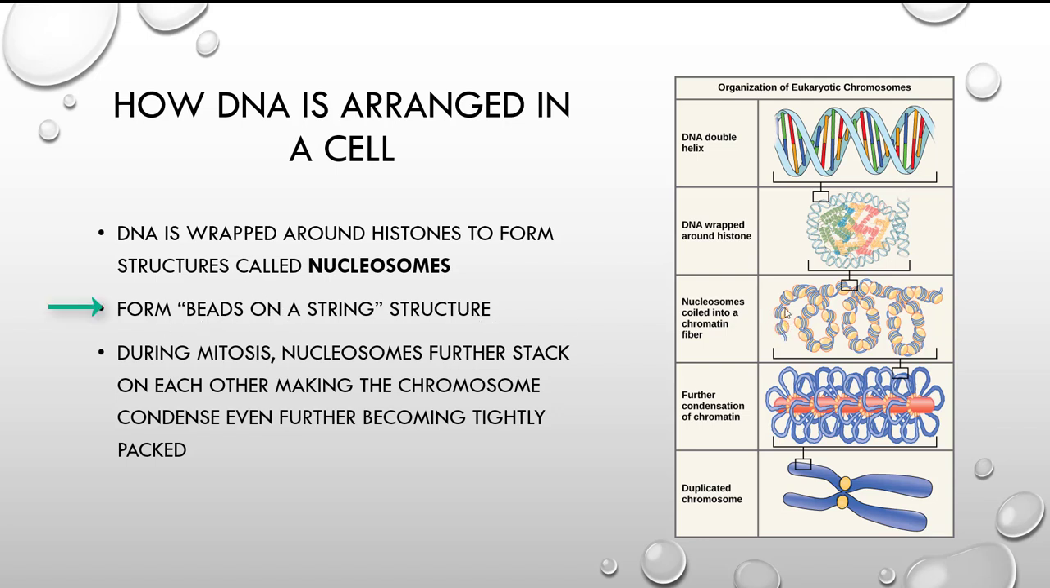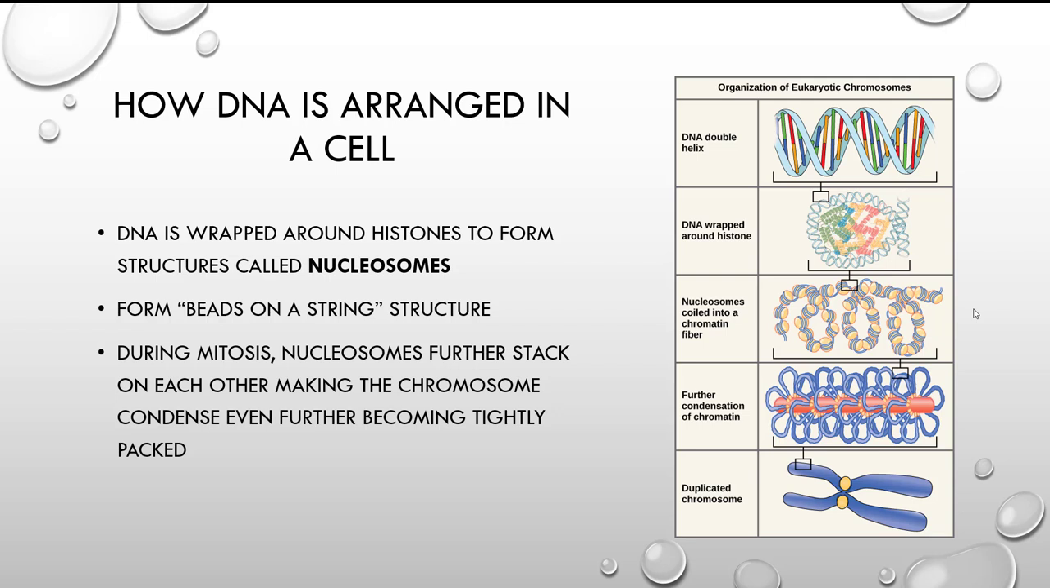So these little yellow things are the protein, and then the DNA is kind of wrapped around it. And then it forms these little beads on a string. Okay, and then as the nucleosomes are formed, if it's just interphase, they just stay like that. So they're a little bit less condensed. They're just kind of spread out more